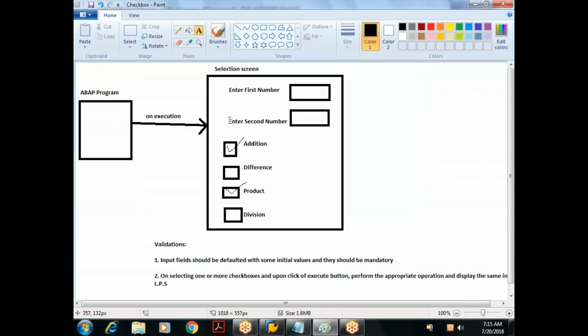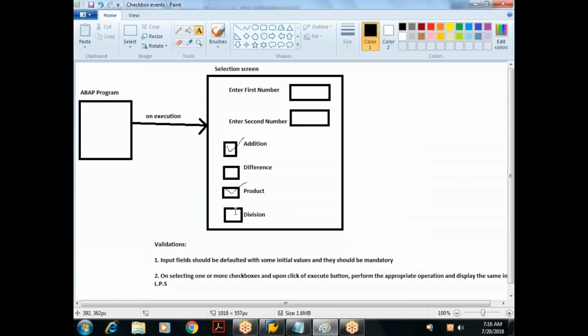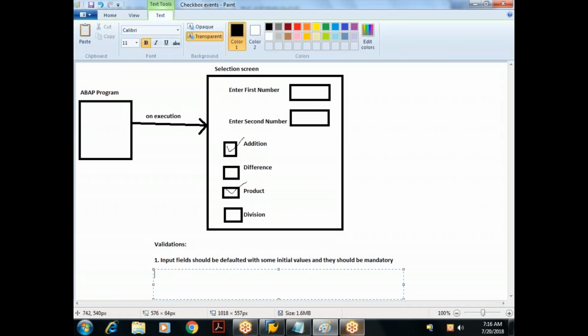My next requirement is, let me just save this. Save as. Yeah, next requirement is almost the same. Here, earlier, we were selecting one or more checkboxes, and only when we click on the execute button, we perform the operation and display the result. Okay, now my requirement here is,